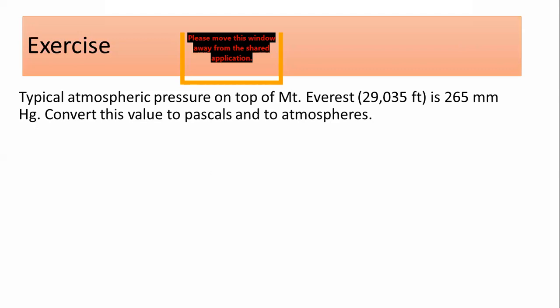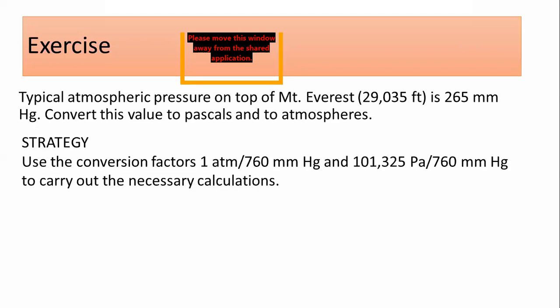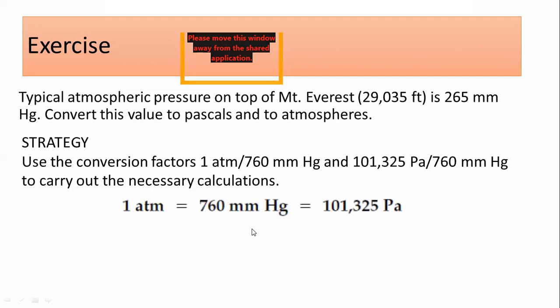Let's see what is the answer to the first. You have to use this conversion factor, and this conversion factor is again written over here. Again, this is the ratio 1 atmosphere to 760 mm Hg, or this is the Pascal to the mm of Hg. This is the atmosphere to the mm of Hg. So you can use any ratio. There may be three: one is this, one is this, third one is this. So you can use any of the ratios depending on what your requirement is.